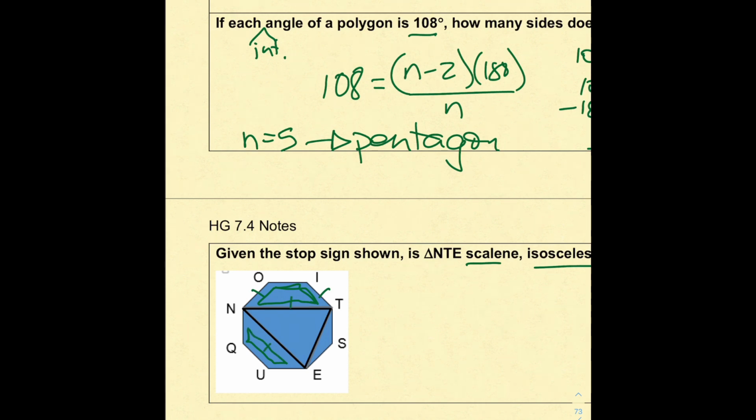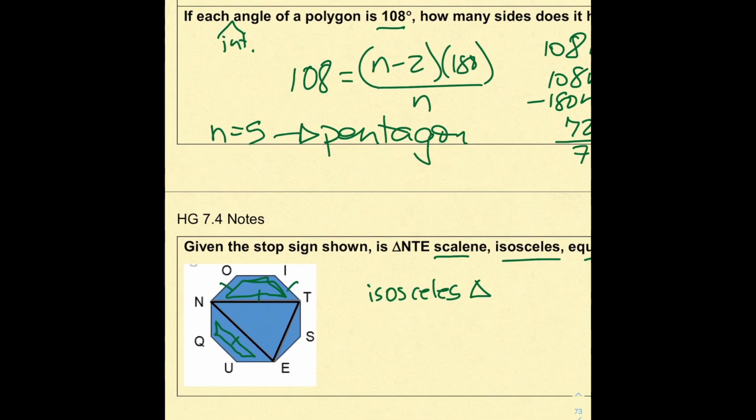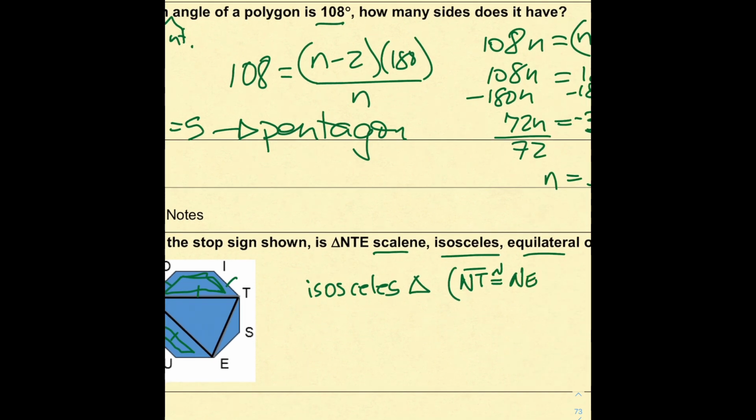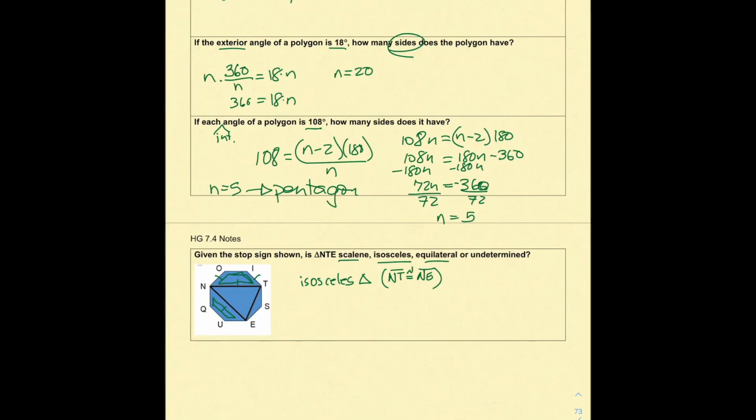So by CPCTC, I think these two sides would be congruent. So this looks like it is going to be an isosceles triangle. Why? Because I know that NT is congruent to NE. All right, well, that's your